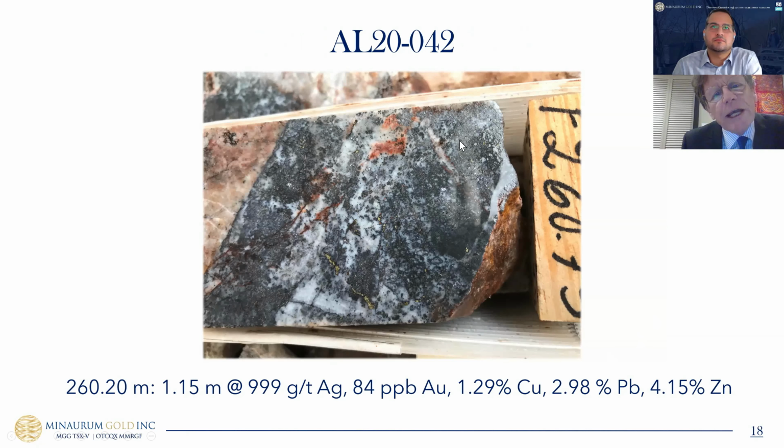Notice this dark gray metallic material in a quartz matrix. In fact, there's more of this dark gray than there is of the quartz matrix in this particular shot. Most of this dark gray material is sulfide. In fact, almost all of it is. And much of it is a silver copper sulfide called stromeyerite, although there is probably some contribution of mckinstryite, which is also a copper silver sulfide. There's also galena and sphalerite in this, probably a little bit of chalcocite. And you'll notice that right here, there's a little bit of veinlet of this yellowish sulfide, which is chalcopyrite,